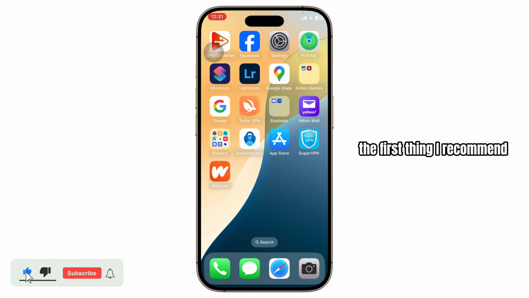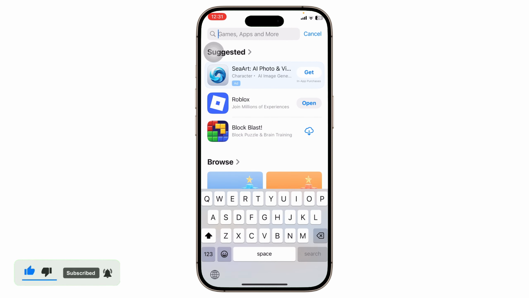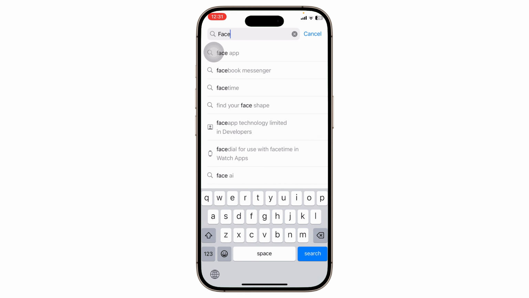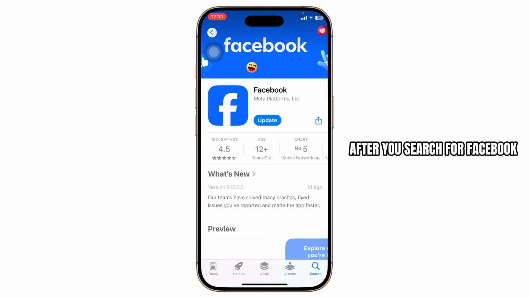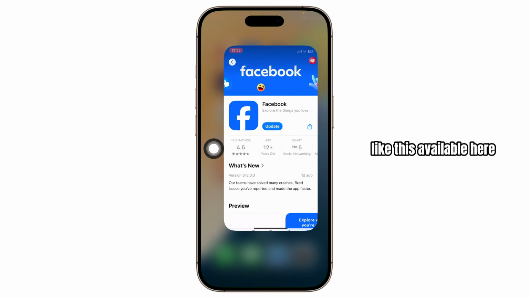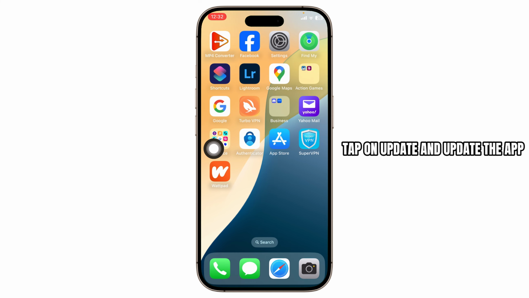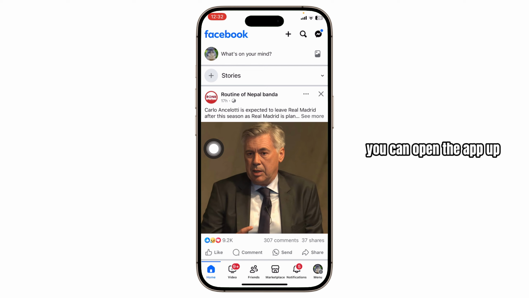So the first thing I recommend you guys do is updating your Facebook to its latest version. For that, head over to your app store and then search for Facebook. After you search for Facebook, what you'll have to do is check if there is an update available. If there is an update button like this available here, tap on update and update the app. After you update the app, you can open the app up and make sure that you're logged in into your